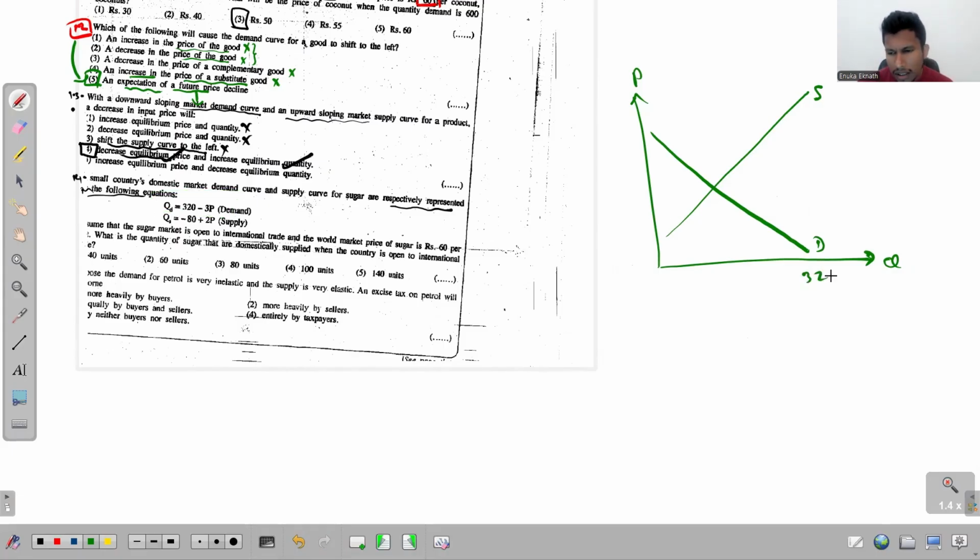So this has to be 320, and here you should get this value 320 divided by 3, which is 106.6. So it's 106.6 here. And then if I just connect this to this axis, you get minus 80 here. And at this point, you will have 80 over 2, which is 40. You get 40 here. And then based on this demand and supply,